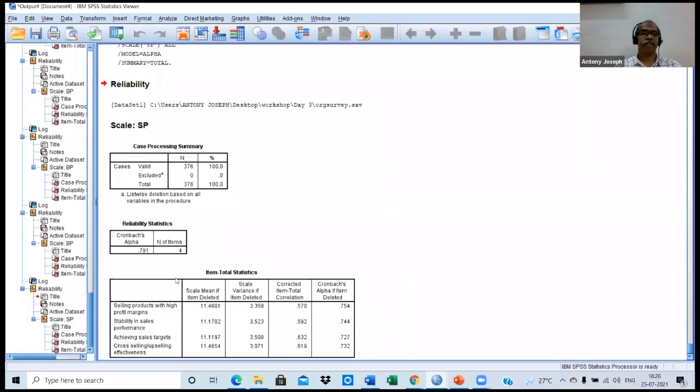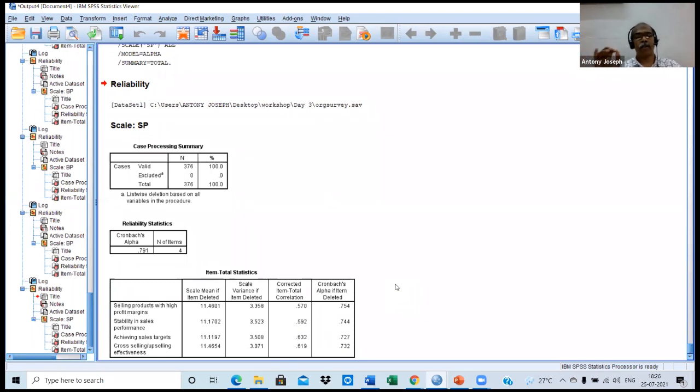The Cronbach's alpha is .791, and the Cronbach's alpha if any other item is deleted is lower than 0.791. Okay, it's good. All item-to-total correlations are greater than 0.3. That is also good, satisfying all requirements. So the reliability of the instrument is now ensured.